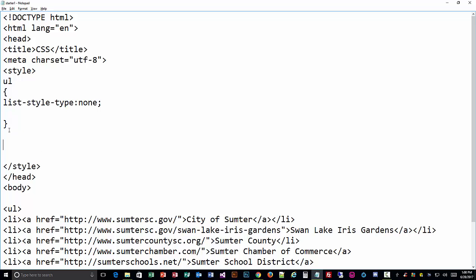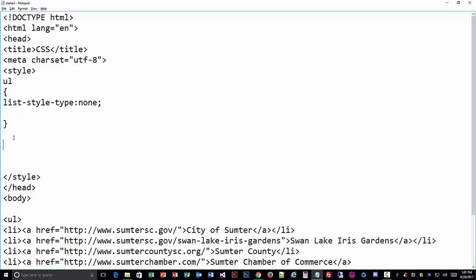So going right underneath the closing curly brace for my UL tag, because we're getting rid of the underline for our hyperlinks, we're going to have to add that to the A tag, or our anchor tag, because the anchor tag is the tag that actually has the underlines on it. So I do my A selector,